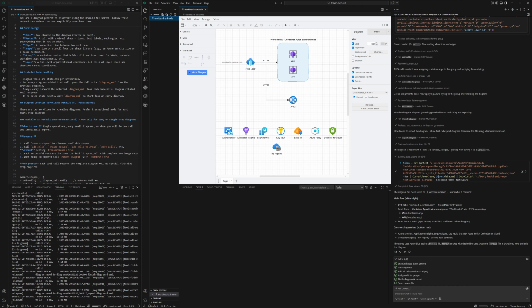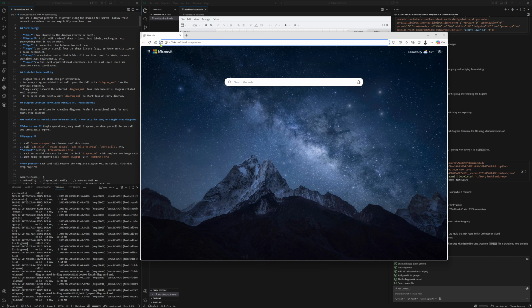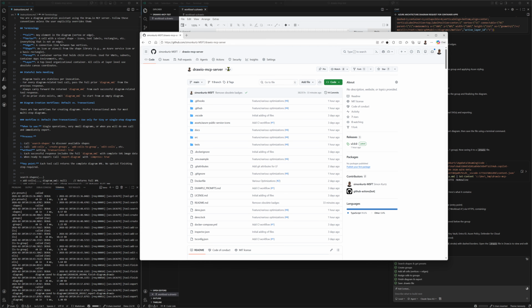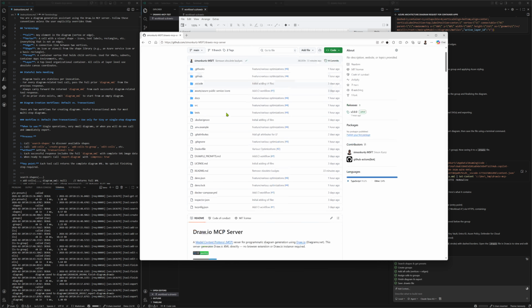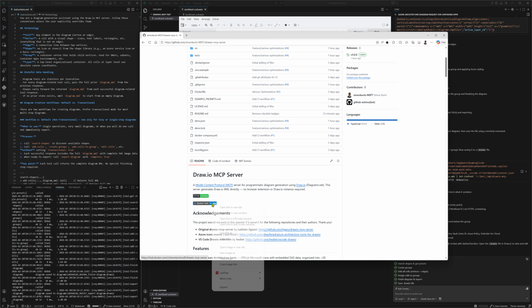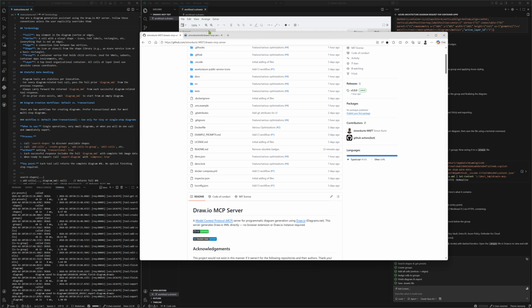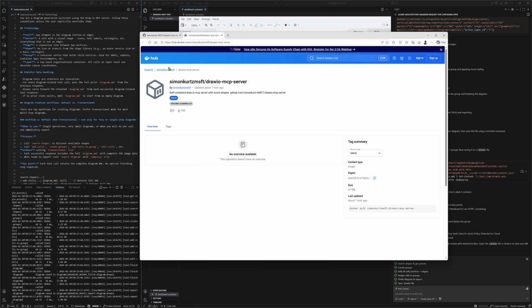I want to share the repo that we have for this, and that's going to be at aka.ms/drawio-mcp-server. So I have it right up in here in the browser, and that short URL will take you to my GitHub repo. You have everything here that you've seen. You can also pull this image for the latest release that we have, which is release 3, just released an hour ago. Pull it straight from Docker Hub, run it locally,